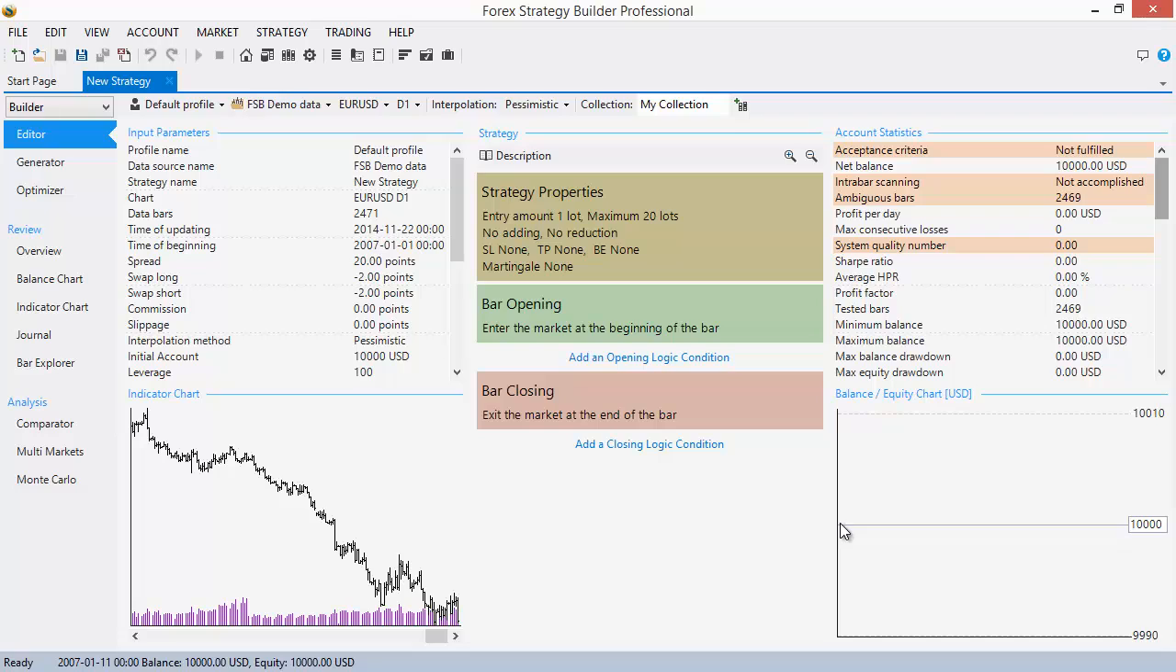And also we see here several orange lines in the statistics. These are warnings. These warnings mean that something is not quite well with the strategy. What is going on with this initial strategy? What we have in the strategy,